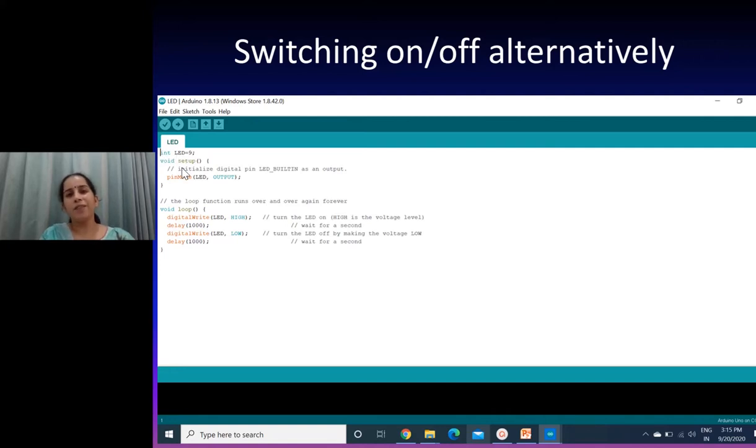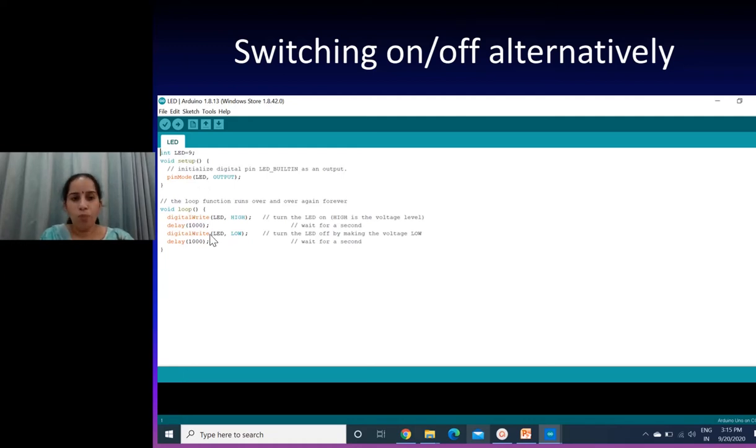That means I have declared a variable with the name LED, and I'm going to attach this LED to pin number 9 of the Arduino. The void setup function describes the setups. Here I have described that LED is going to act as output. I have used the function pinMode.